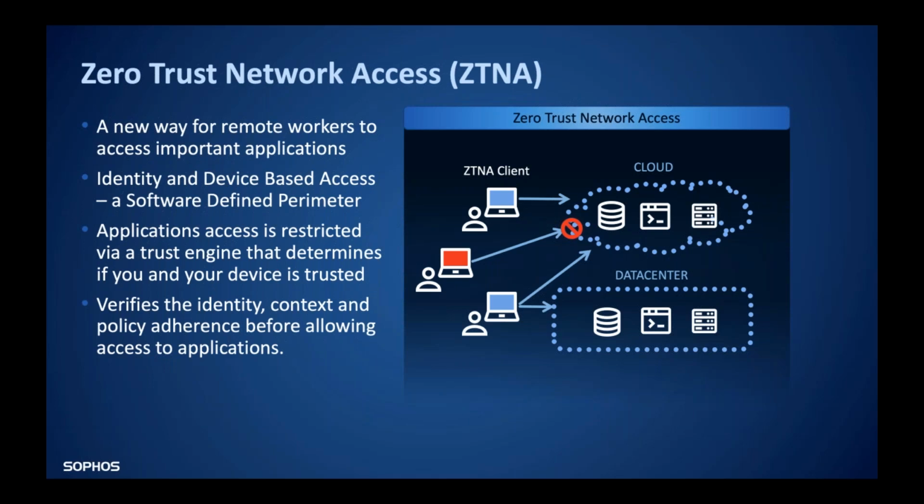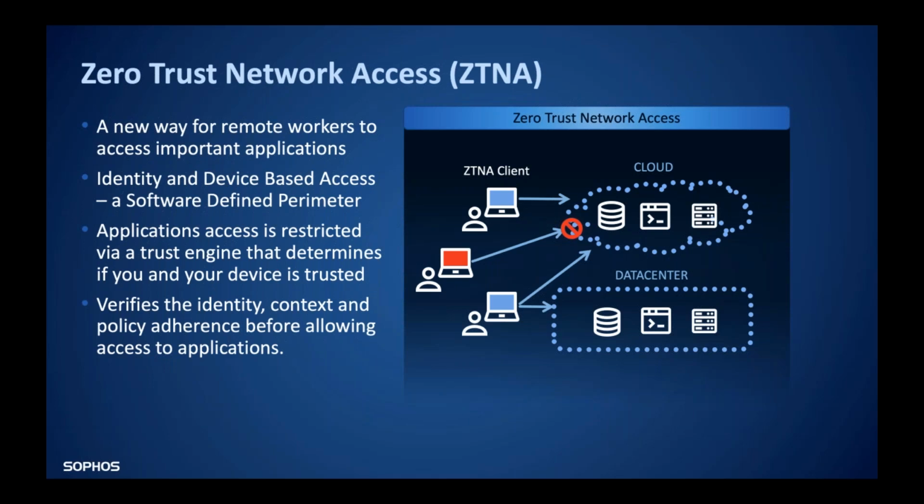We just need to identify them and verify the health of their device, and they're good to go. One great thing is applications can be accessed directly with this model, wherever they happen to be. The app can be in the cloud, on the corporate server, or in a data center somewhere, doesn't matter. The trust engine protecting that application just does the validation and verification and allows access based